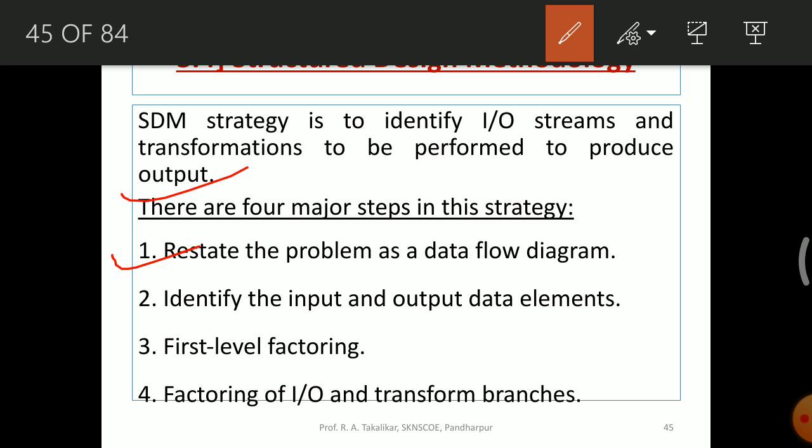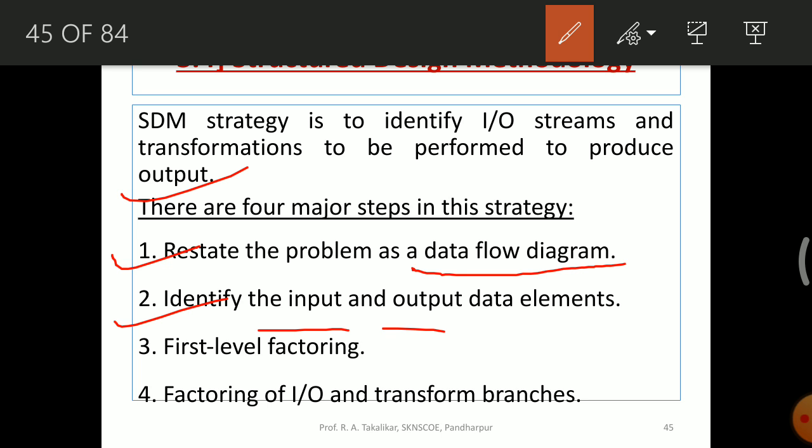First is to restate the problem as a DFD. We know what a DFD is: representing a given problem in the form of a pictorial diagram is called a data flow diagram. So restating the given problem in a data flow diagram, that is, draw the DFD of the given problem. That is the first step in this strategy. The second step is to identify the input and output data elements.